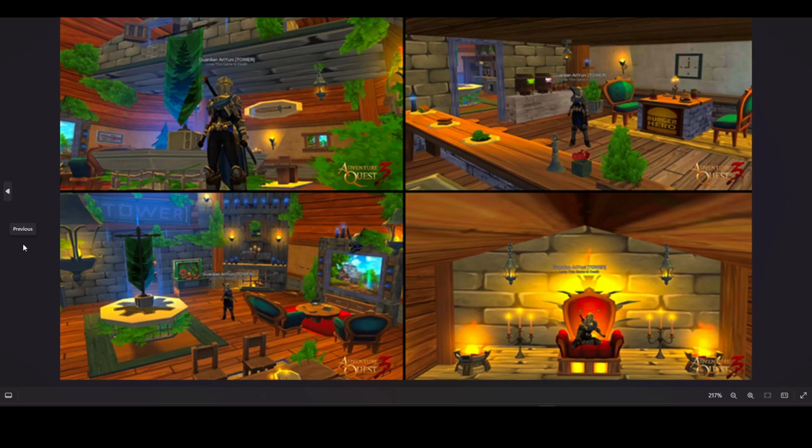Now we got the Guardian Art Uni. It is the name of the house. I think it's by X Ravine X. It is located in the Red Dragon server. So if you want to check it out,